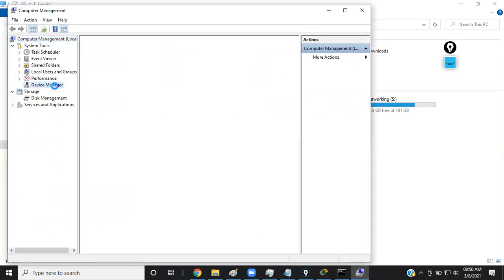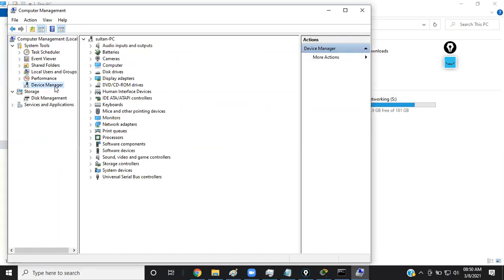Device Manager. The PC is a little bit slow. Okay. Now